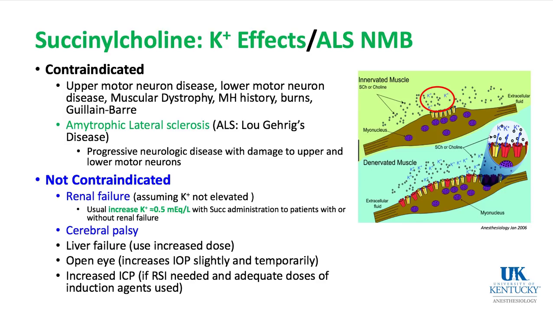Succinylcholine is contraindicated when there is upper or lower motor neuron disease, muscular dystrophy, MH history, burns, Guillain-Barré, and amyotrophic lateral sclerosis. ALS is a progressive neurologic disease in which, if succinylcholine is administered, the patient can have lots of extrajunctional receptors that bind succinylcholine and open up, sodium goes in and potassium goes out. As the picture shows on the far right, if there are all of these extrajunctional receptors in denervated muscle, the potassium rises very rapidly